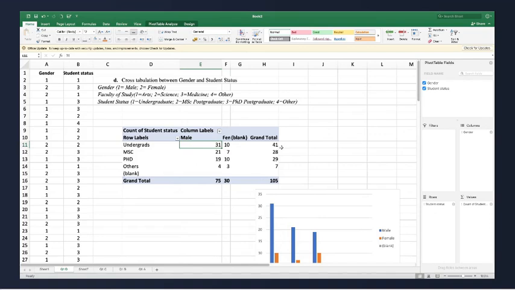Now you will say that majority of the male students are in undergraduates, and majority of the females are either in undergrads or PhD students, right? And you can also say that 41 people are undergrads, so majority of the students are in undergrads program. So this is how you will describe your descriptive analysis in your Word document. You'll copy this pivot table, put it in the Word document, write down your analysis below this, and move to the next question. That is question number 1E.